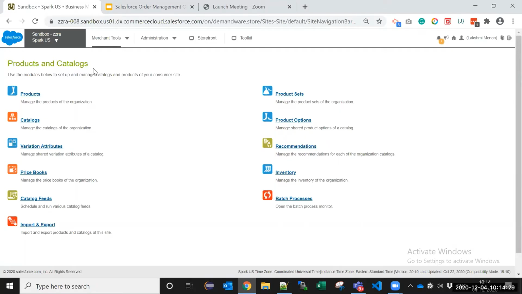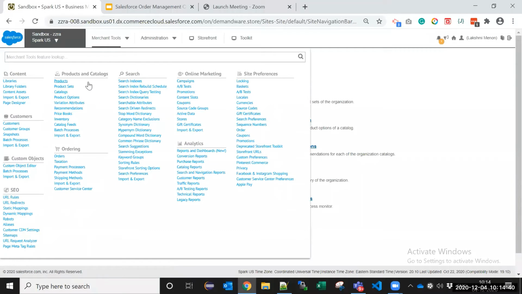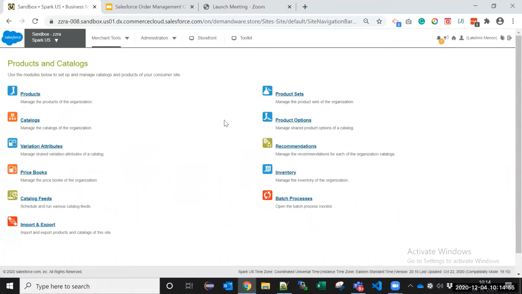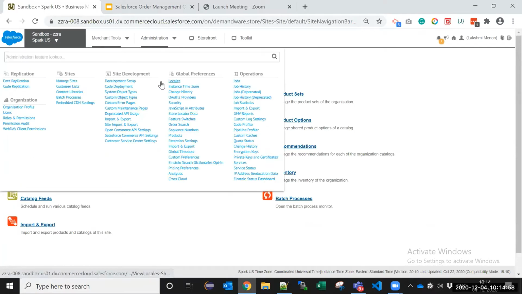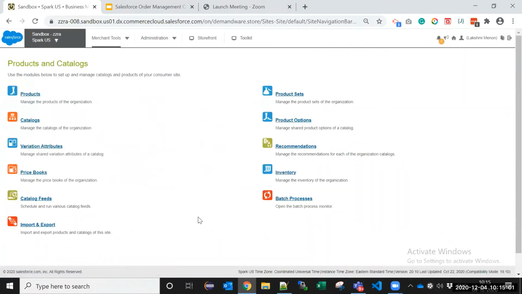So when it comes to an e-commerce platform, the main concepts are catalogs, price book, inventories, customers, and orders. So here you are given the options to manage the product data, manage the price, the inventory, orders, taxes, payment methods, shipping methods, all of that. I'm not going to go into details around this, but this is just so that you know. And in the administration side, you've got configurations which help the development team do any dev related config. So what you see here right now is the Sandbox Business Manager.